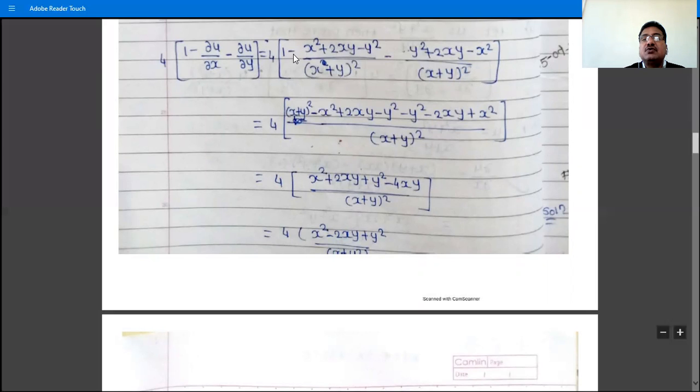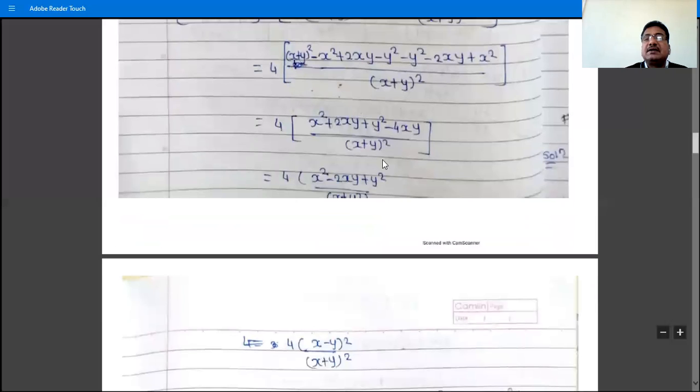Here is minus, so write minus x square minus 2xy, here write minus 2xy and plus y square, because here is minus sign. So the correction is there. Here is minus x square, right, here minus 2xy, because of the effect of negative sign, plus y square. So the correction here is accurate, that minus y square minus 2xy plus x square, then minus x square plus y square get cancelled. So after simplification, we have this,